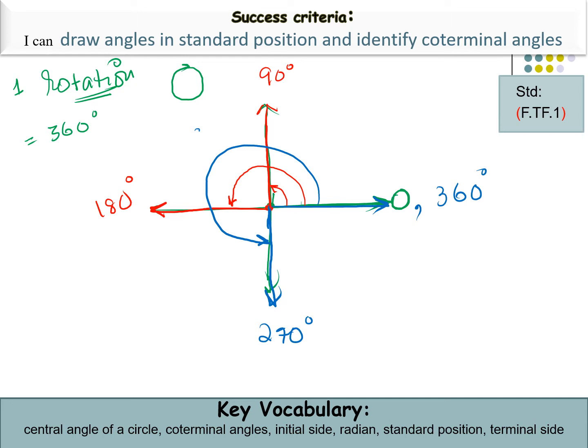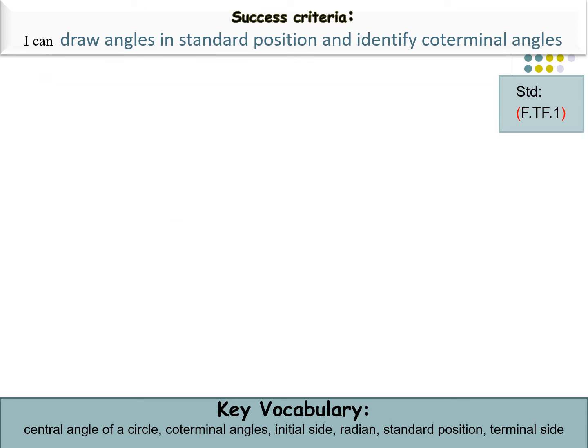One rotation gives you 360 degrees. Understand one more thing over here. If I say draw 360 degrees, or show me 360 degrees, both the terminal and the standard side are at this point. But after rotating, you are coming back after one rotation, so you will show your rotation like that. Now you want more rotation.